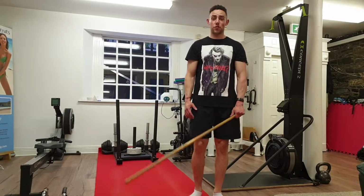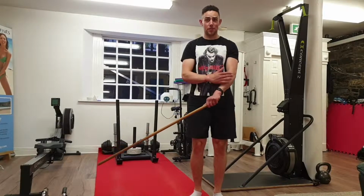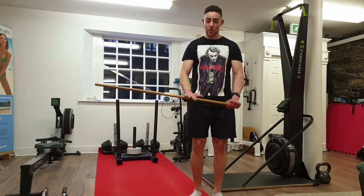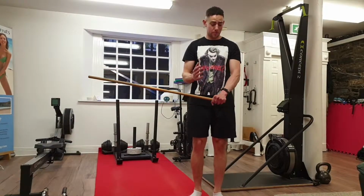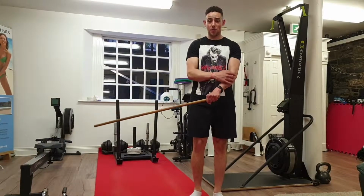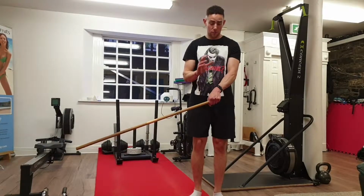So if you're like me and you suffer with elbow tendinitis, I fractured one of the bones in this arm like 9-10 years ago. So it's been a reoccurring problem since then. This exercise is really, really good because as far as I'm aware, from a medical perspective, one of the big reasons why elbow tendinitis and inflammation occurs in your elbow is due to the weak